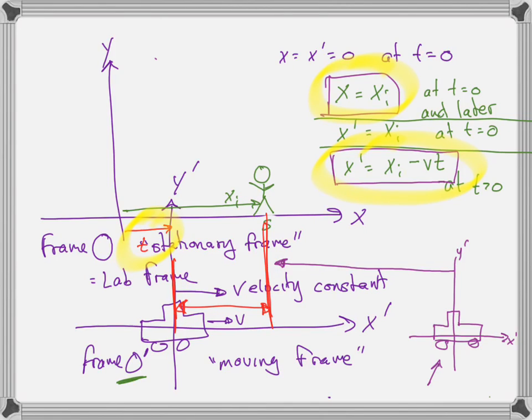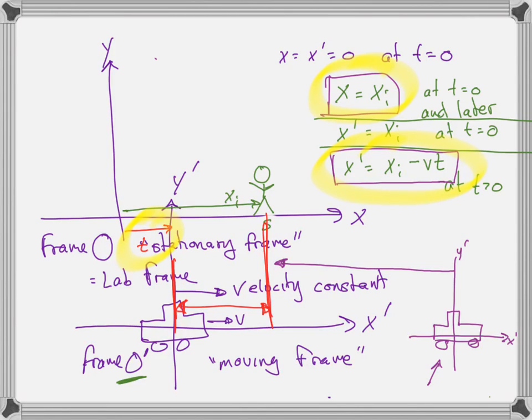Now, this does assume one assumption that we made without discussing, which is that the velocity is along the x-axis. Now, is that a special case or is that a general case? What do you think the answer is? Is that a special case that the velocity is along the x-axis, or is that generally going to hold true? You might say, wait, what?